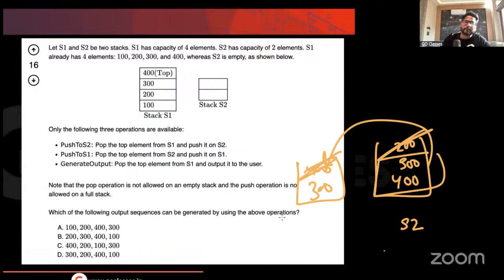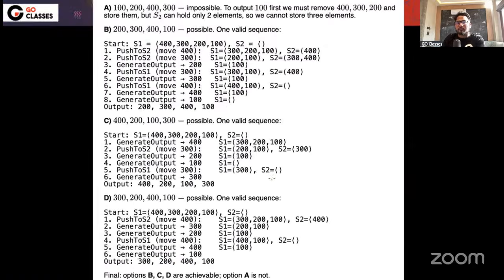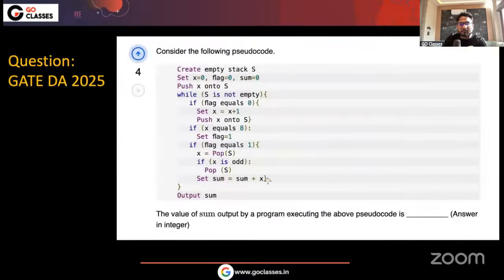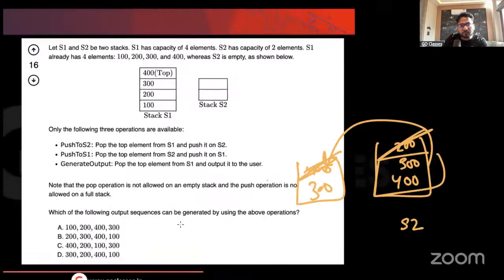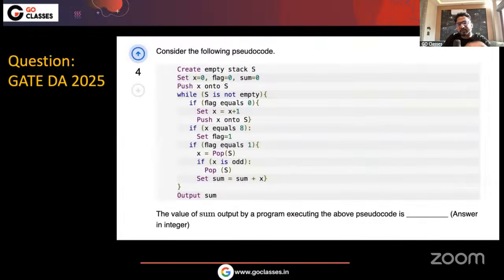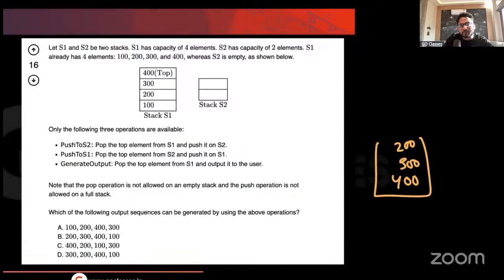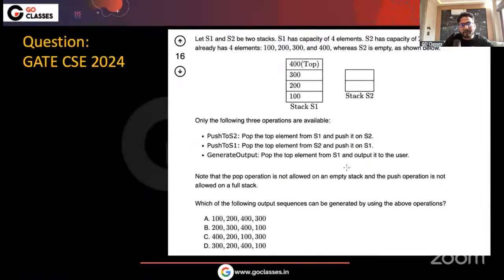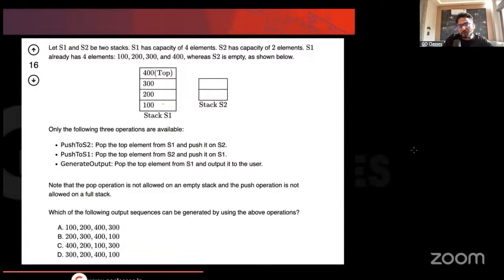So see here, what they're asking, can be generated. So they're saying A is not possible. Let's just check if that is the case. See, you want to have 100. So for that, you will be transferring all the elements, which is 400, 300, 200. Then you can have 100 as output.